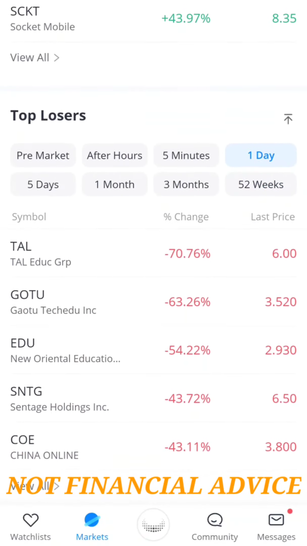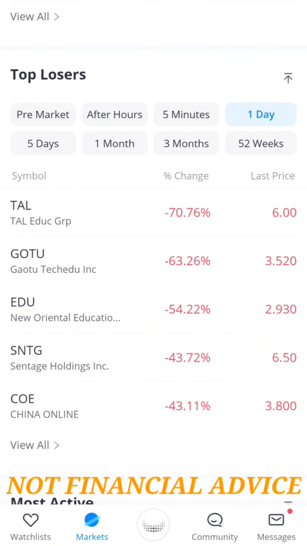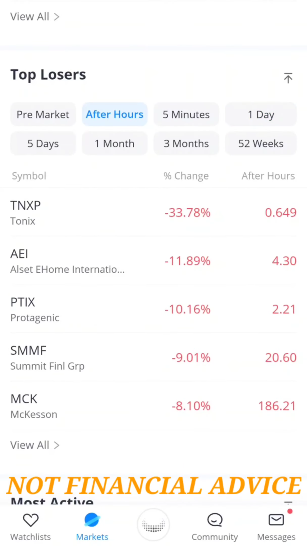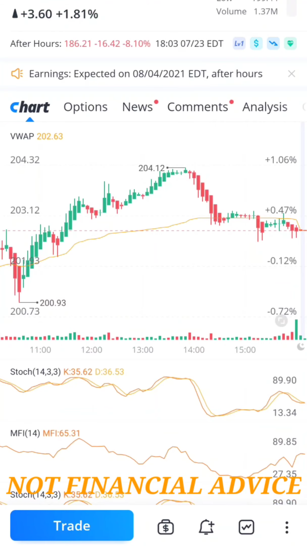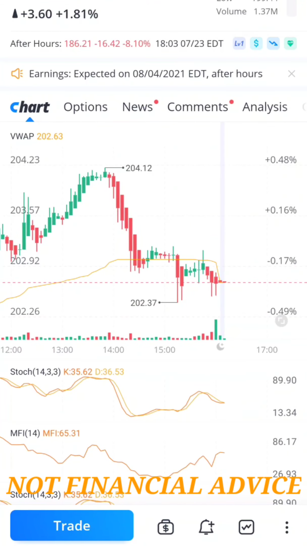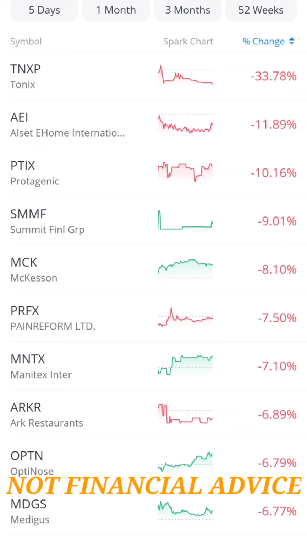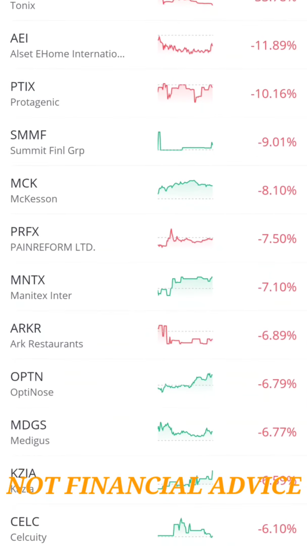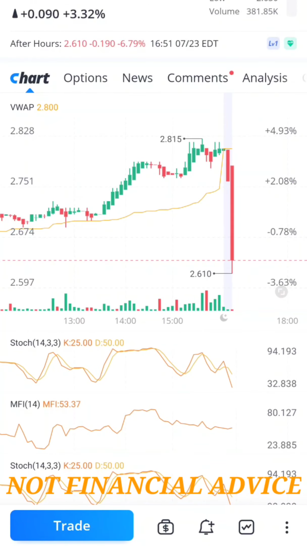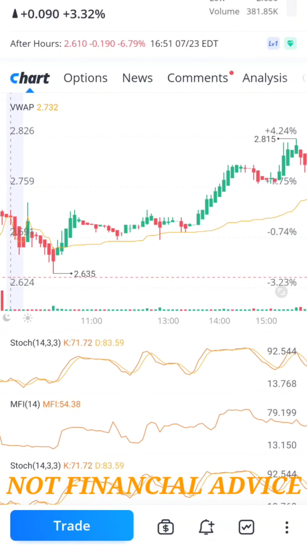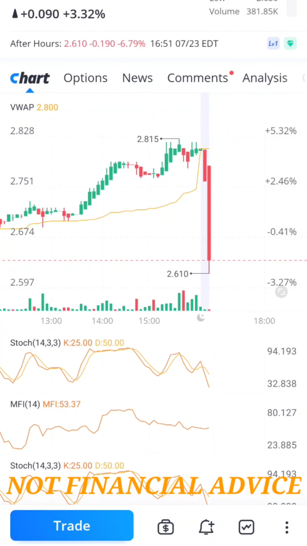Now with the losers, sometimes there's really good plays there because after hours, you look, there may be a stock that lost, but actually it was good on the day. Like MCK here was up for the day 1% and then dropped after hours a little bit. Actually it dropped a lot, but the point is sometimes the losers are good because the after hours losers are stocks that ran up all day, and then after hours it dropped because people maybe cashed out of their position. But the fact that it moved up all day means that it may move